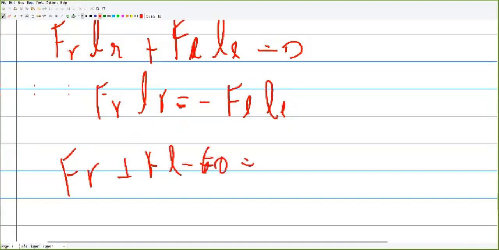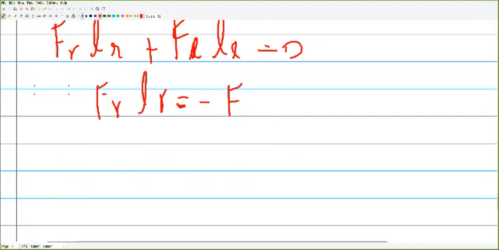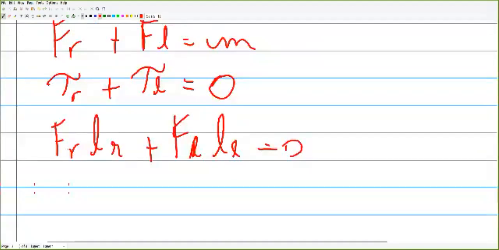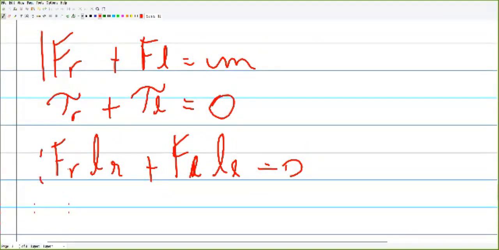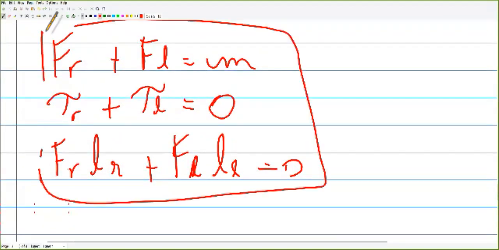That's equal to F of R, L of R, so that would cancel. No. Okay. So we have these two equations, and with that we can solve it. That's what we need to know. And then we just plug in the numbers and we can find